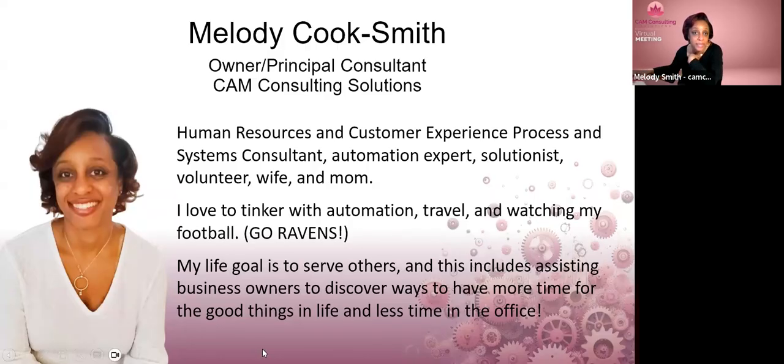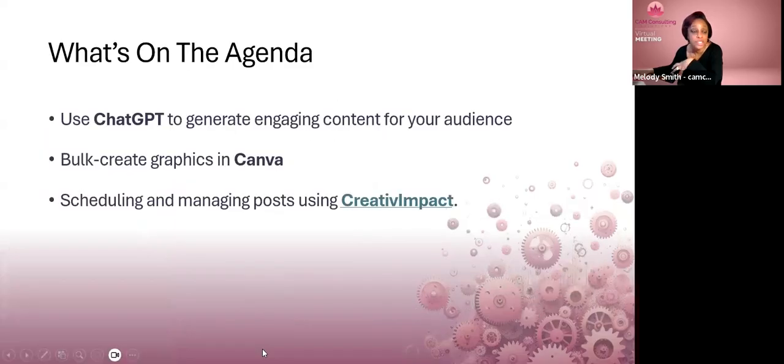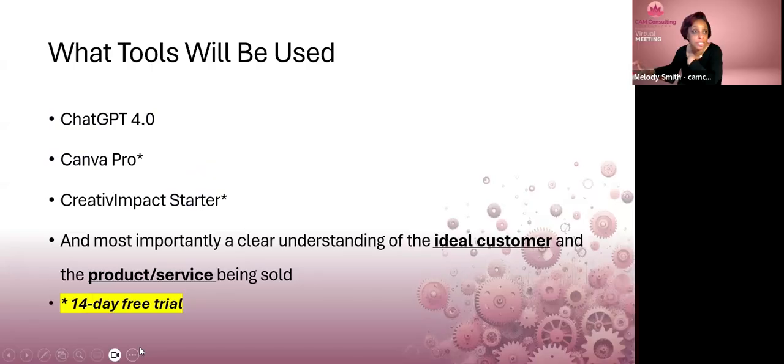So, on the agenda today, we're going to talk about ChatGPT and how to generate engaging content for your audience. We're going to learn how to bulk create graphics in Canva, and how to schedule and manage those posts using CreativImpact. The tools that we'll be using are ChatGPT 4.0, Canva Pro, CreativImpact Starter, and most importantly,